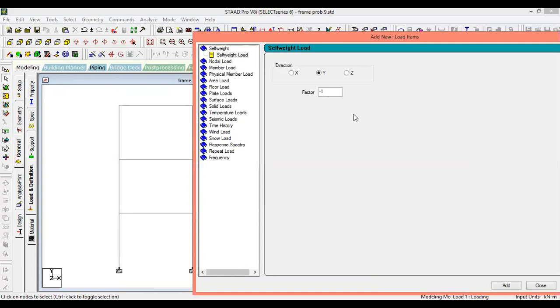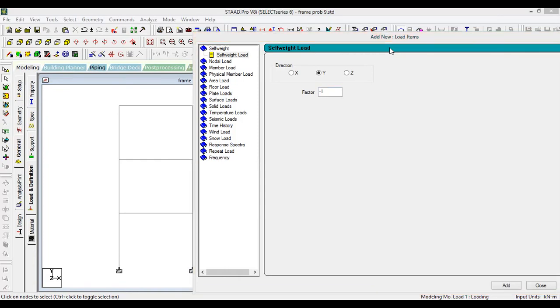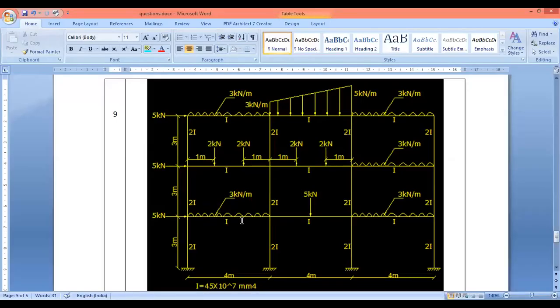In the first bay, if you look at the diagram, you have a UDL here, 3 kilonewton per meter. This 3 kilonewton per meter you have at various locations. This is 1, 2, 3, 4, 5. Once I create 3 kilonewton per meter, I can assign it at other places also. So therefore only one command is enough.